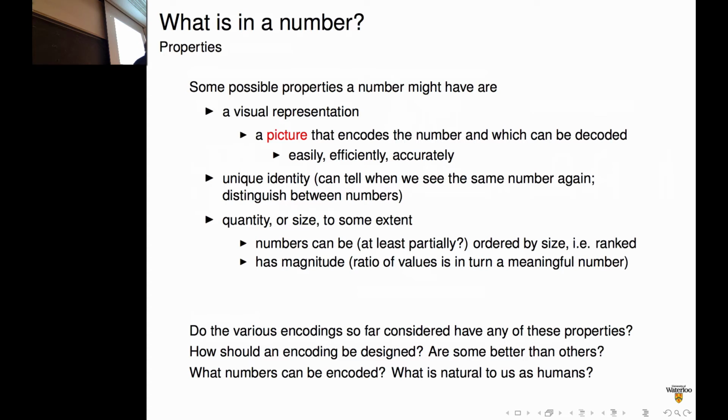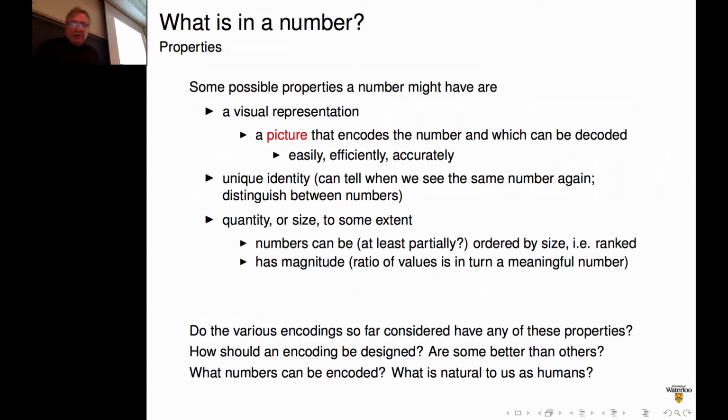And you want to be able to encode this depending on the situation, depending on the number, depending on the datum that you're encoding, it's going to have these different features. And you want to be able to encode the relevant features and not mislead the viewer with irrelevant features. So you want to think about how do these various encodings that we've looked at so far